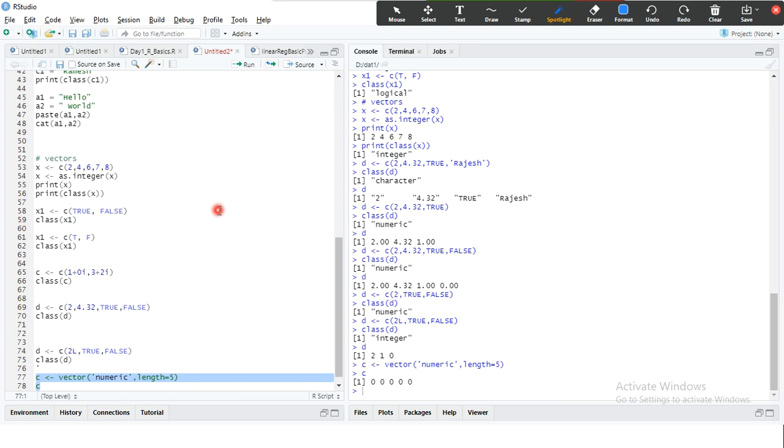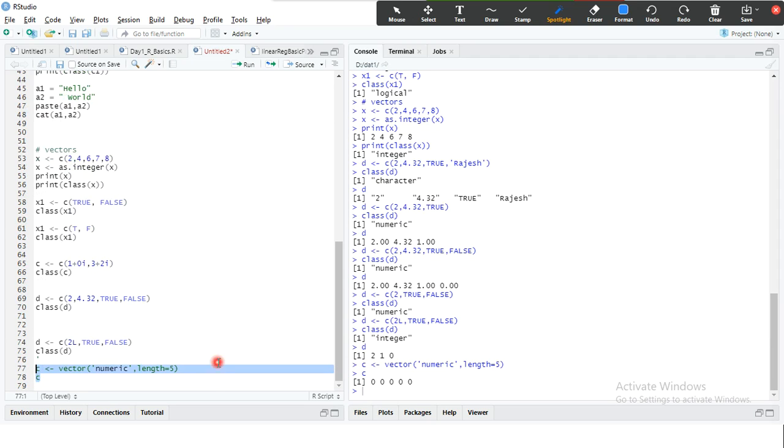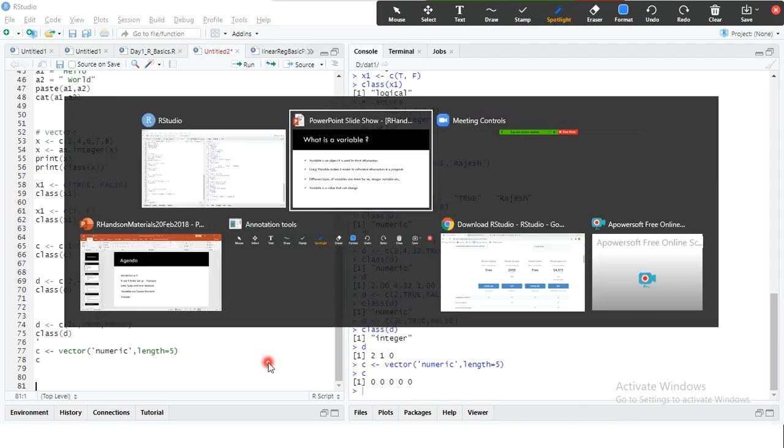If you want to perform any explicit coercion, the type conversion, you can use these functions, as.numeric, as.logical, as.complex, something like that. Okay, it's pretty straightforward. Using list, we can mix the objects with different data types.